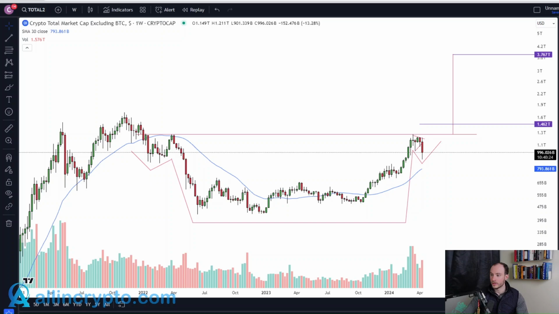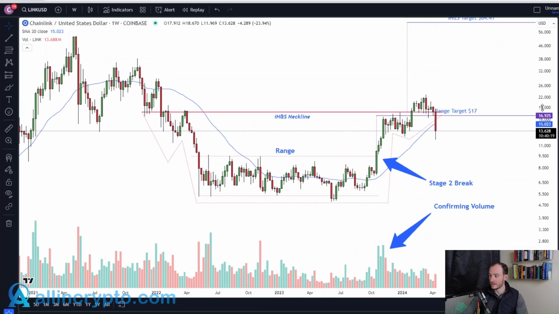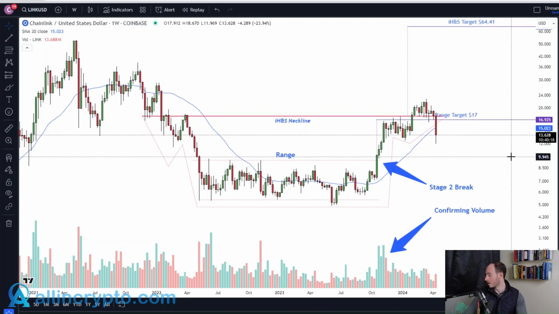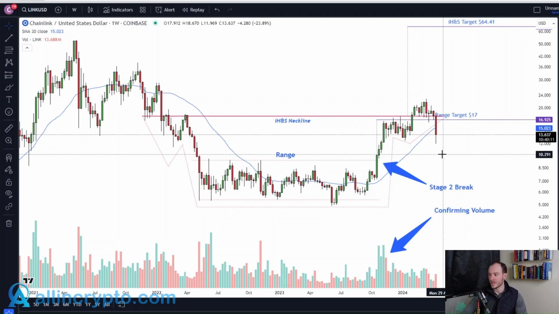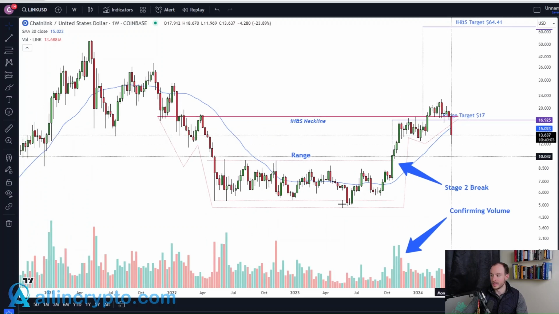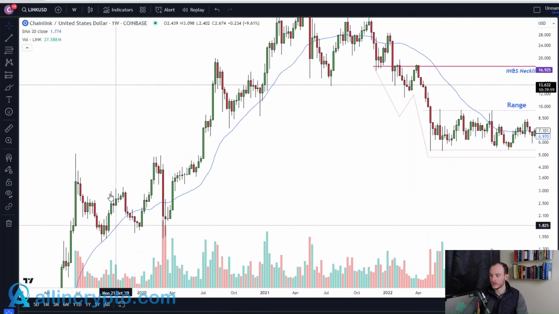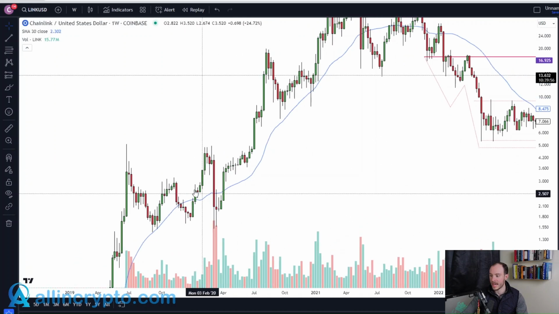So let's talk about our first altcoin, which is Chainlink. Now, some of these look significantly better than others. So Chainlink is still a coin that I'm about 100% up on, so maybe I can sit here with a little bit more comfortability, even regardless of this pullback. And Chainlink, since it entered what we believe is an uptrend, really hasn't had any kind of a major pullback up until recently. And I want people to remember what took place before Chainlink really had its epic